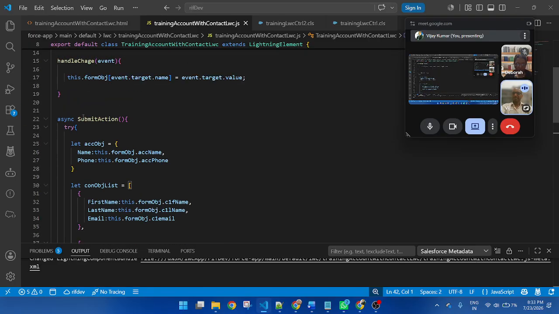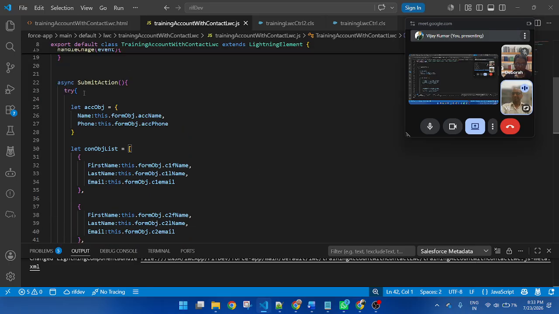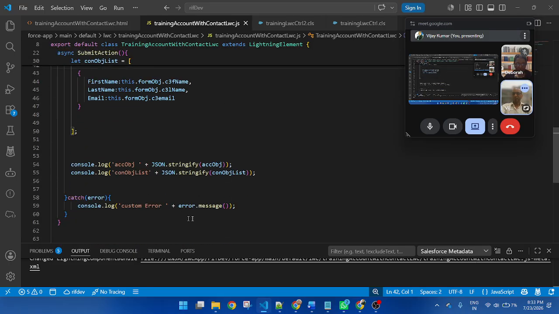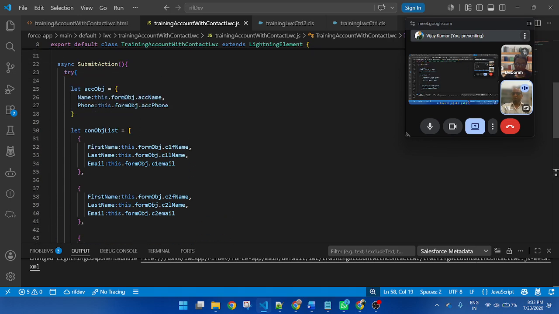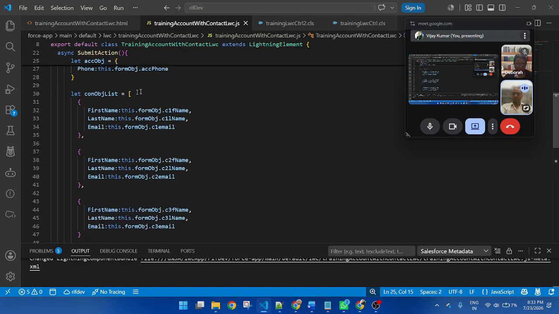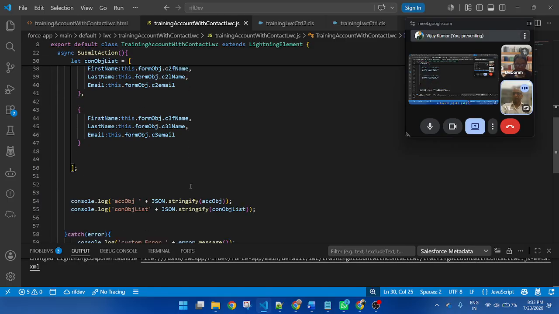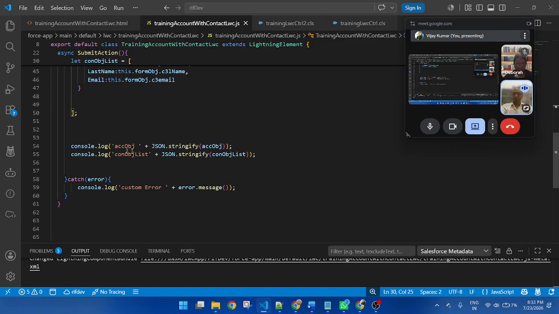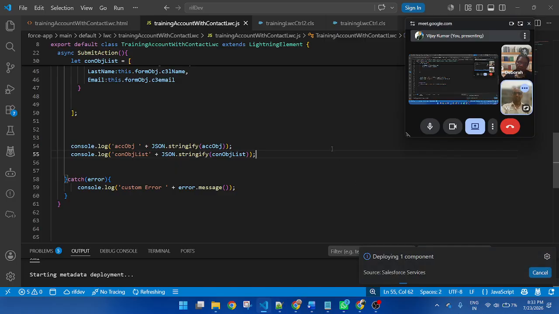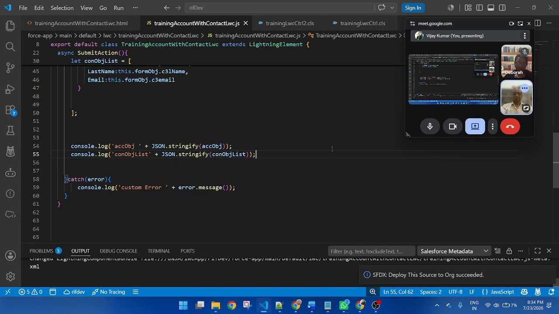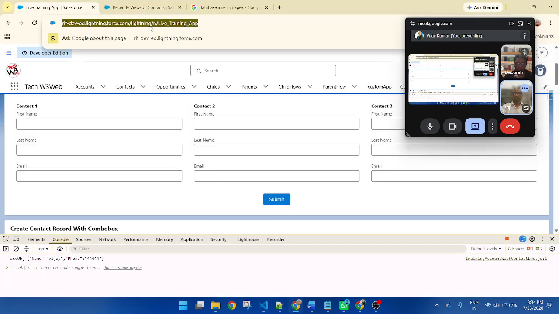And here I apply async. I added try and catch block and create two types of object. This is an object for account. This is a list of the contact. I want to display all of the input values in this console. Now let's save and deploy the code. Deployed successfully.